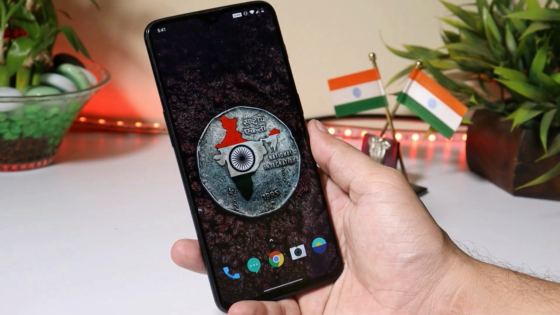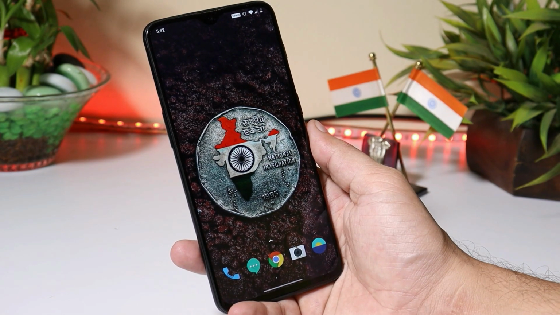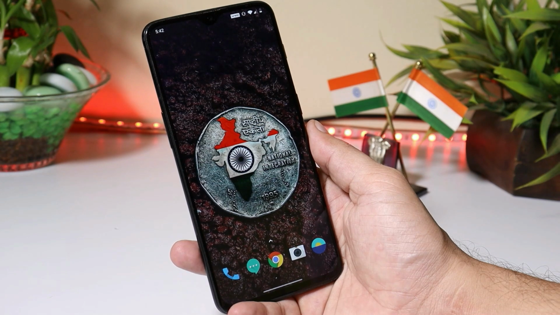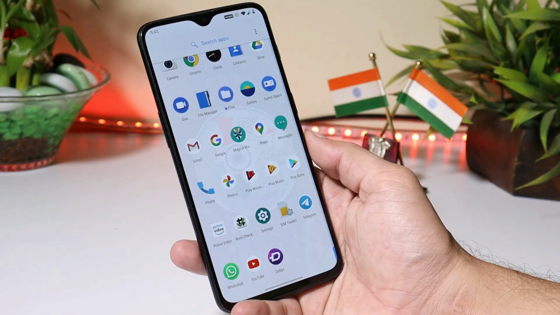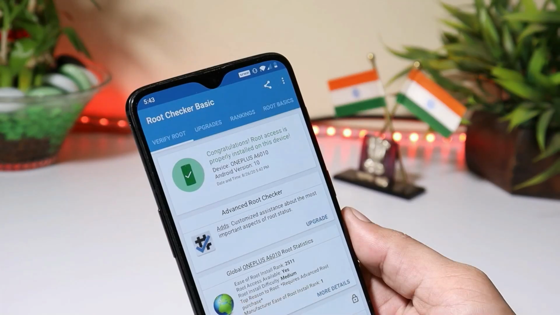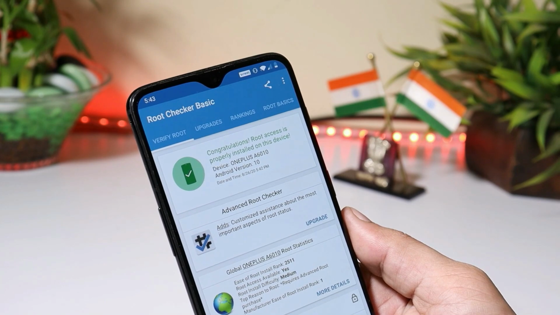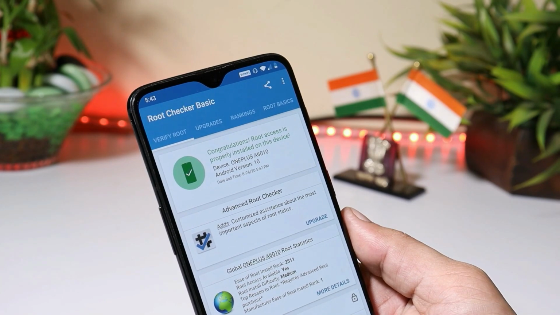Basically, Horizon Light was designed for curved edges for OnePlus devices. First of all, huge thanks to the XDA developer who created a Magisk module which can enable Horizon Light on OnePlus 6T. And this is specifically for OnePlus 6T, not for OnePlus 6. This also requires root access. So right now you can see I have my OnePlus 6T which is rooted with the latest Magisk. If you guys are not aware of the root process, a video link will be given in the description below.